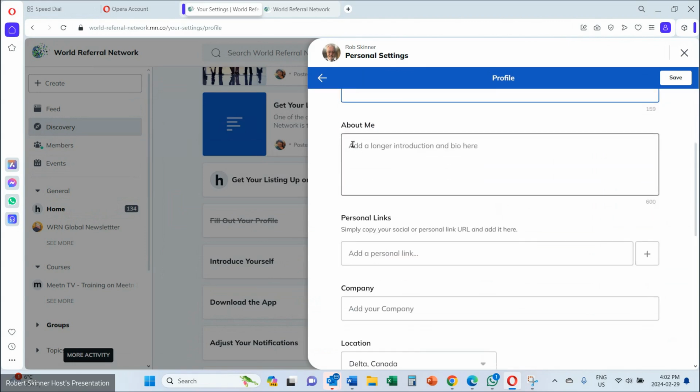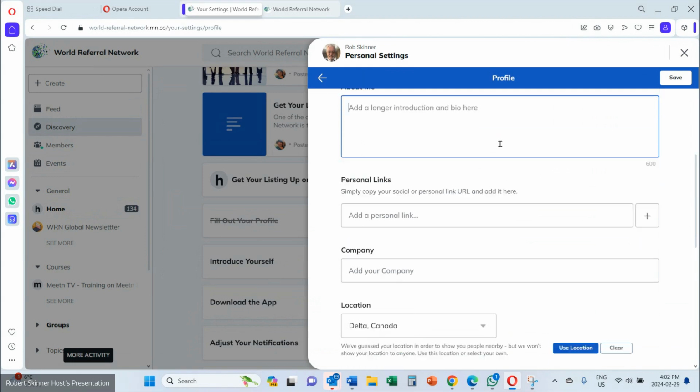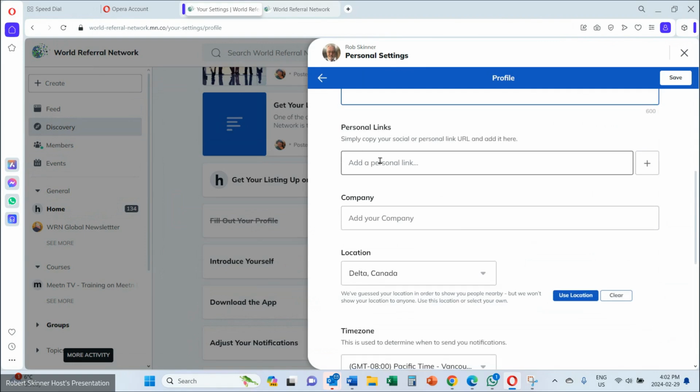Then you want to put in your longer profile. So this is your 1 to 3 minute presentation about more in depth what it is you do. Make sure you get that in, and you can always edit it. Probably the same kind of profile you would have up on your LinkedIn or Facebook page right now. So it's always good. You can actually cut and paste out of that if you've done a good job on your LinkedIn profile. Put in your personal links for any social media,